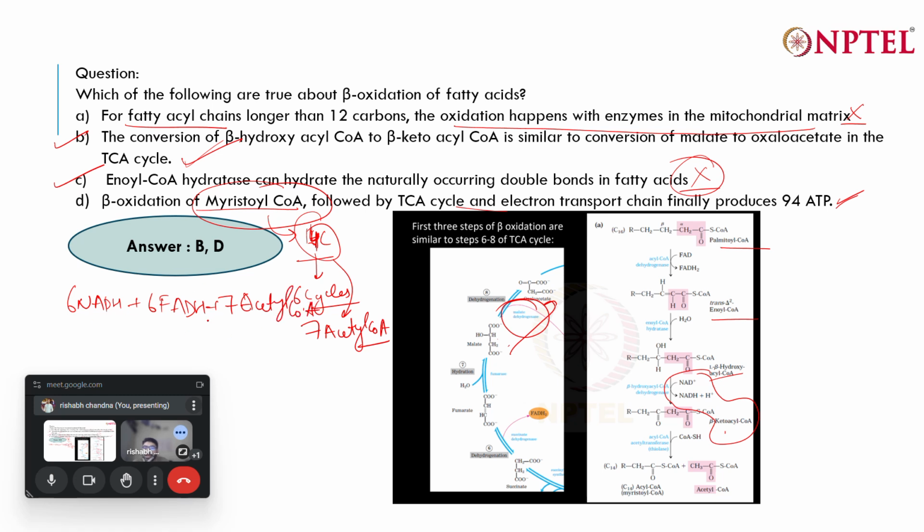Okay, so after this, what will happen? It will go to the TCA cycle, then this will go to the ETC directly. So if this enters the TCA cycle, one acetyl coenzyme A will yield 10 molecules of ATP. So 7 acetyl coenzyme A would yield 70 molecules of ATP. One NADH molecule actually yields 3 ATP molecules, so this would be 18 ATP. Then from one FADH2,